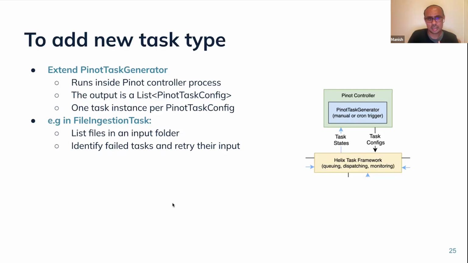The controller is the one which is intelligent. It determines what to ingest, what not to ingest, how to do things smartly, and so on. The minion blindly follows what is given to it. It doesn't do any of those smart things. It gets the Pinot task config, and all it does is take the inputs, do the job of segment creation, and upload to the table. We'll see an example of task generation in a bit, and what is intelligent in the controller.